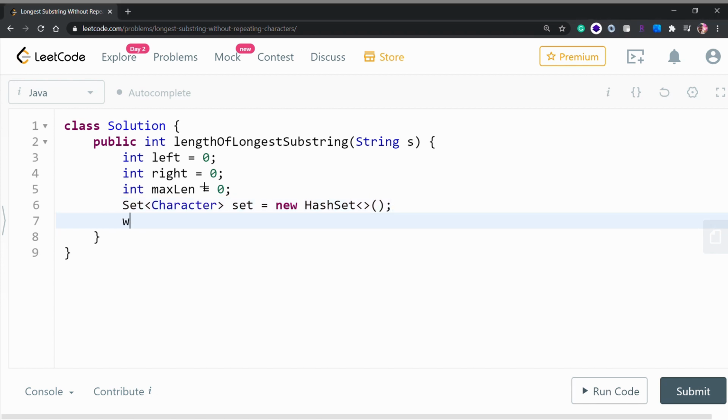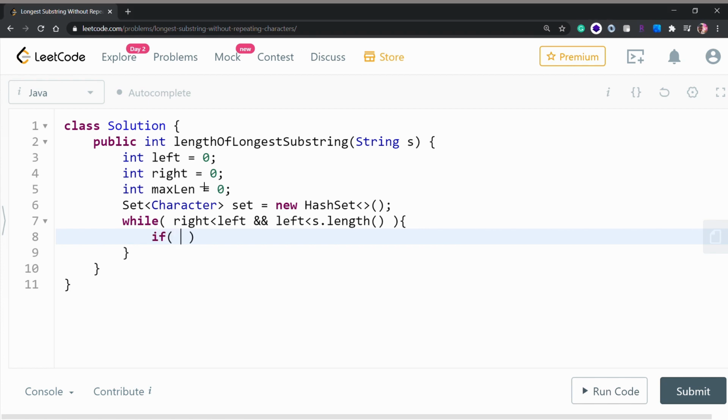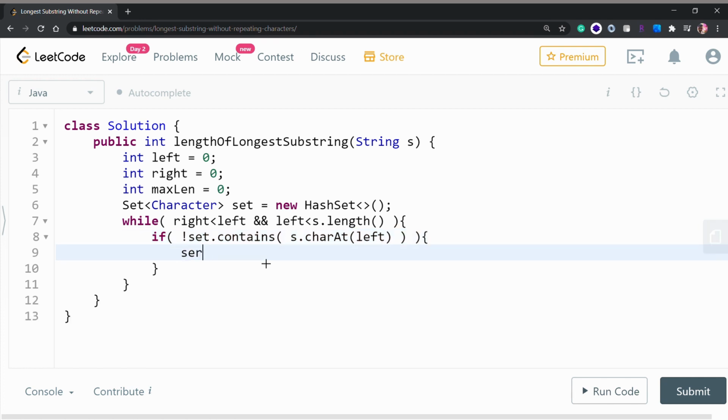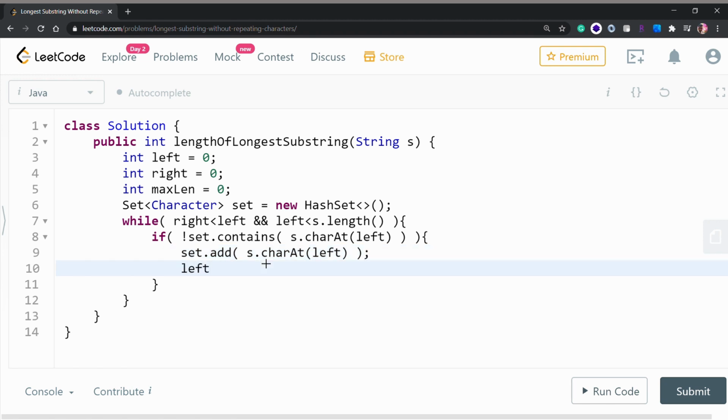And now we will have a while loop. While our right is less than left, and also our left is less than s dot length, because we do not want index out of bounds exception, so that's why. And now we will have an if condition. If our set does not contain, because I have used a not symbol, if our set does not contain the character s dot charAt left, then we will add that character in our set. Okay, s dot charAt left, and now we will increment our left pointer, and also